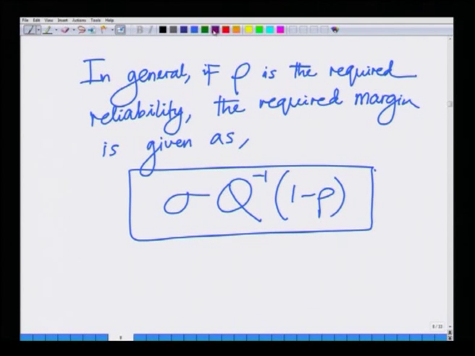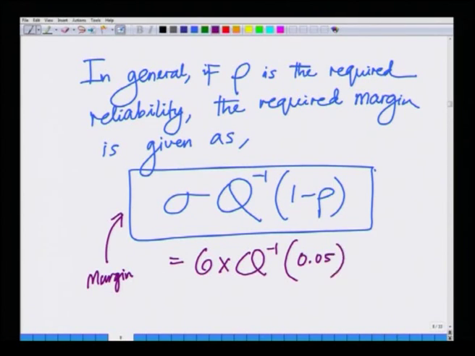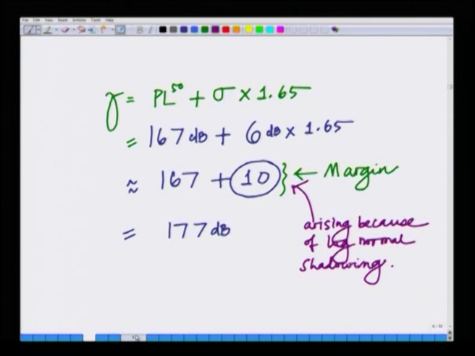This is the margin, which in the previous example again amounts to the same thing. This is 6 times Q inverse of 1 minus rho, rho is 0.95, therefore Q inverse of 1 minus rho is Q inverse of 0.05, which is exactly 6 into 1.65,